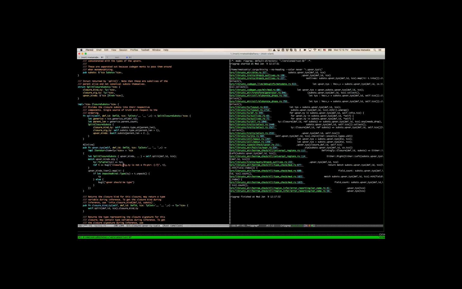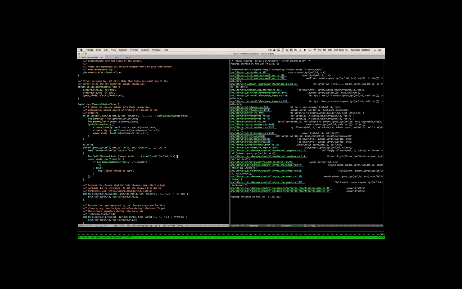Right. And this basically gives us the same thing as the upvar kinds used to be. But there's a kind of catch. Yeah, there's a slight catch, which is it's actually the case that when we first create the closure,